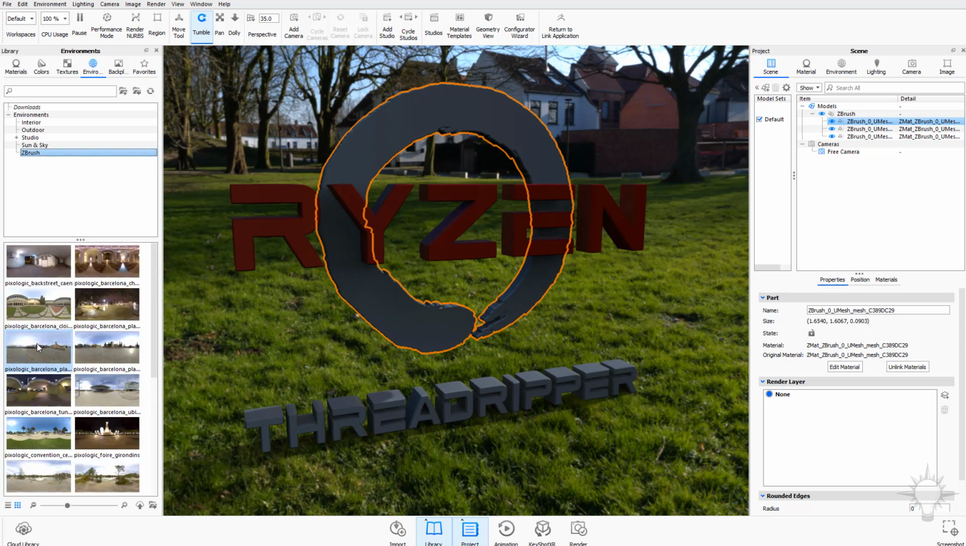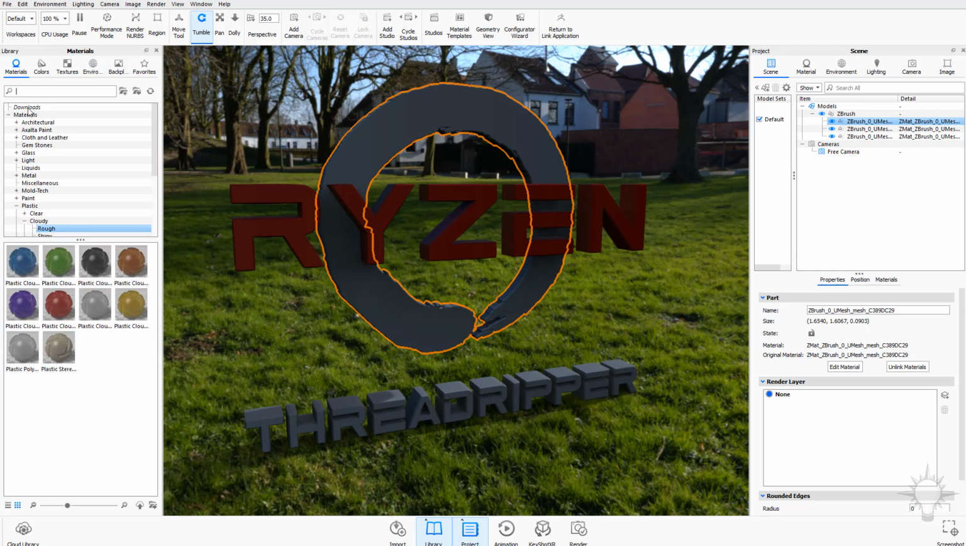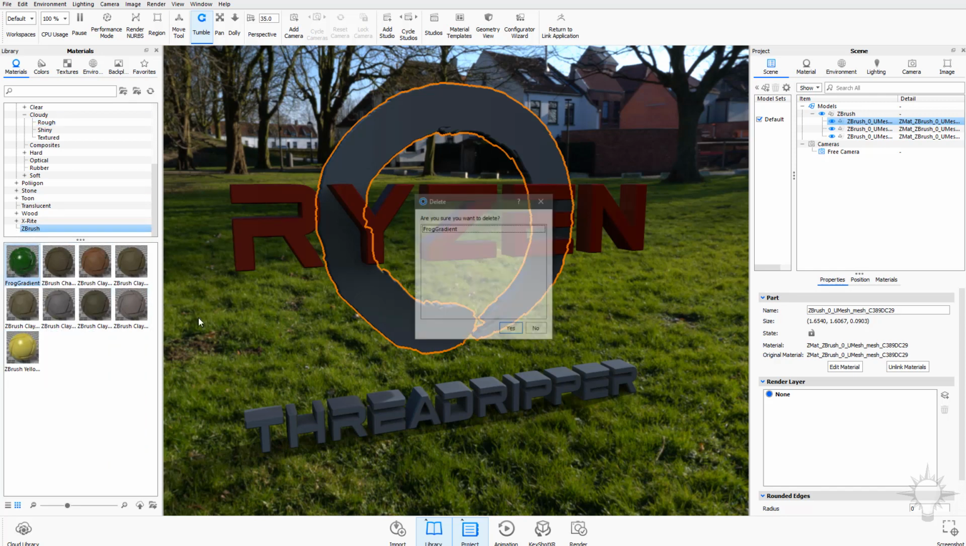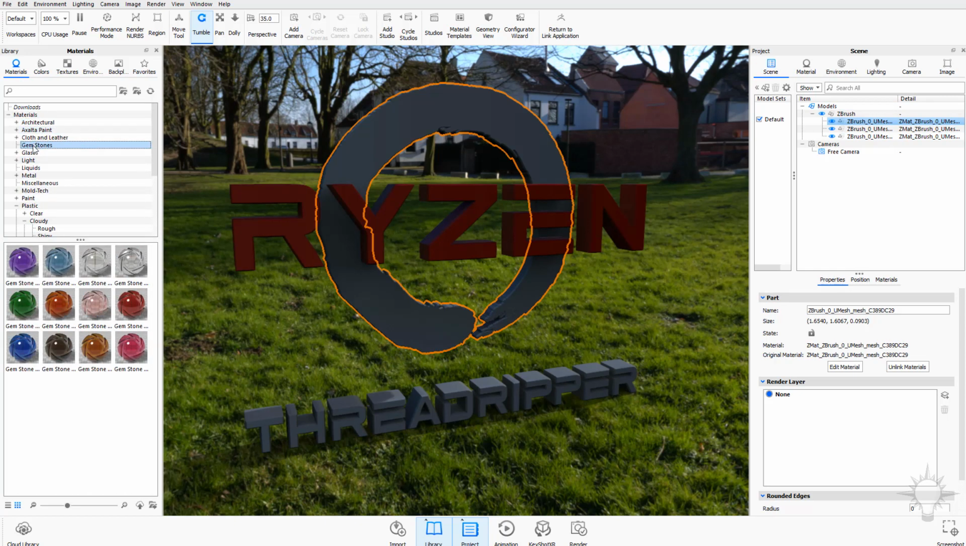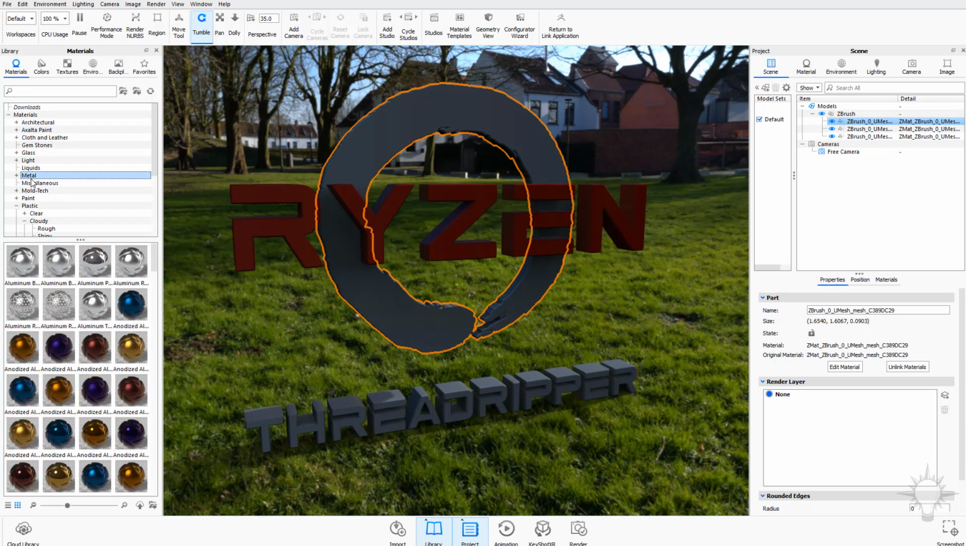ZBrush is going to have their own HDRI images, and if you go over to materials and scroll all the way down, there are some ZBrush materials in here as well. Frog gradient was mine, something I made a long time ago, so I'm going to go ahead and delete that. But speaking of, you can create your own materials, or you can modify materials from the basics. If you go here to materials, you're going to see all these different materials. You can start with them, modify them, and then save them out as your own custom materials